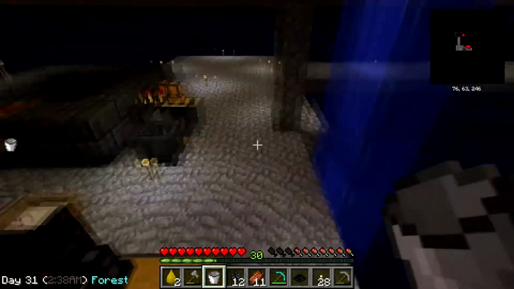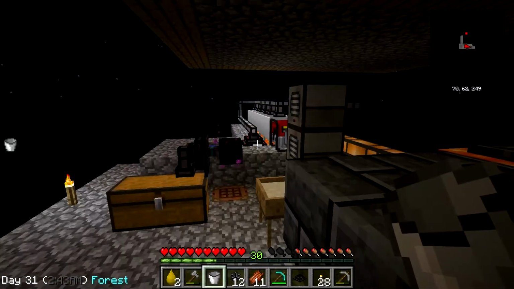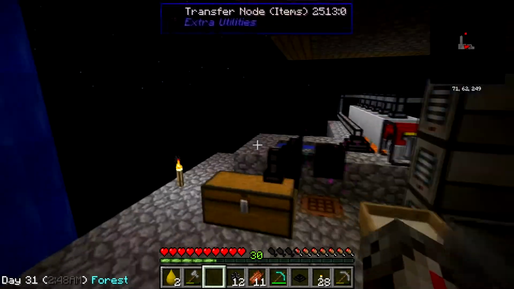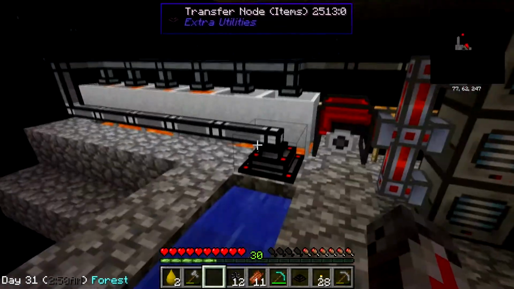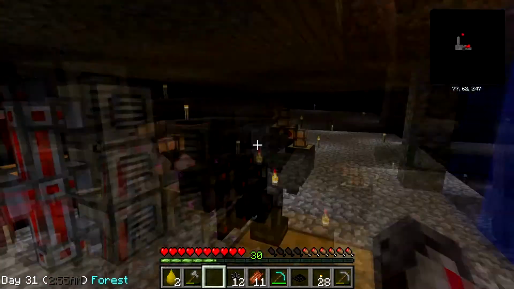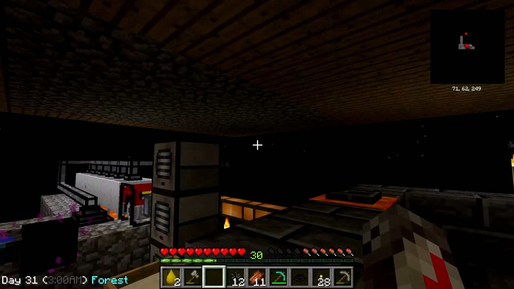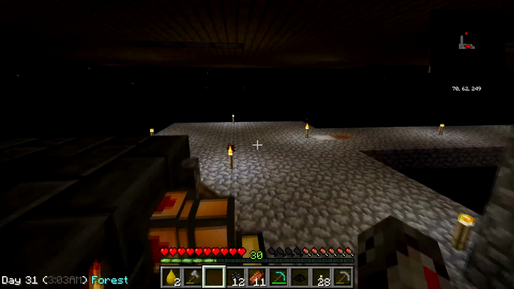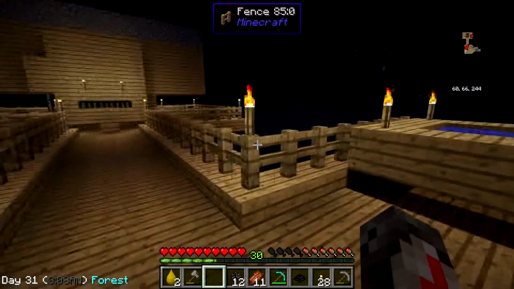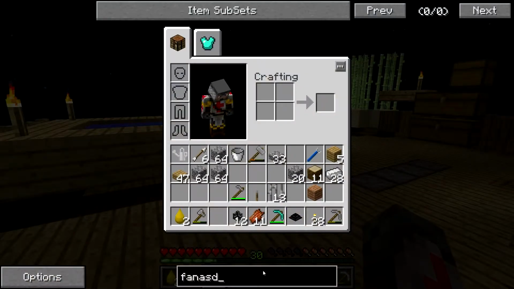The next thing that we want to do is probably start working on storage for this cobble. We're generating cobble, but we're not putting it anywhere, so it's just kind of backing up here. It should be 64 cobble right here with nowhere to go. So what we'll do is we'll put another better barrel down, and eventually we're going to get ourselves a deep storage unit, because one of the challenges that we have is to fill a deep storage unit with cobblestone, which I believe a deep storage unit holds 2 billion